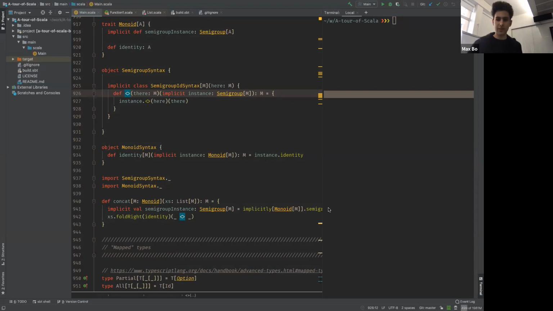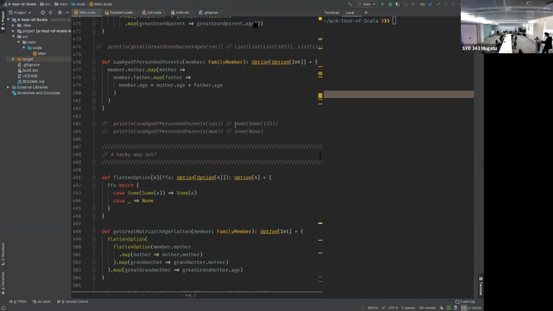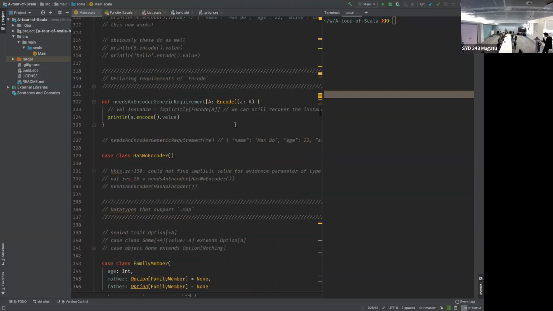Hello. Perfect. That's the problem with mutable interfaces. Yeah, it's ridiculous. Okie dokie. So,